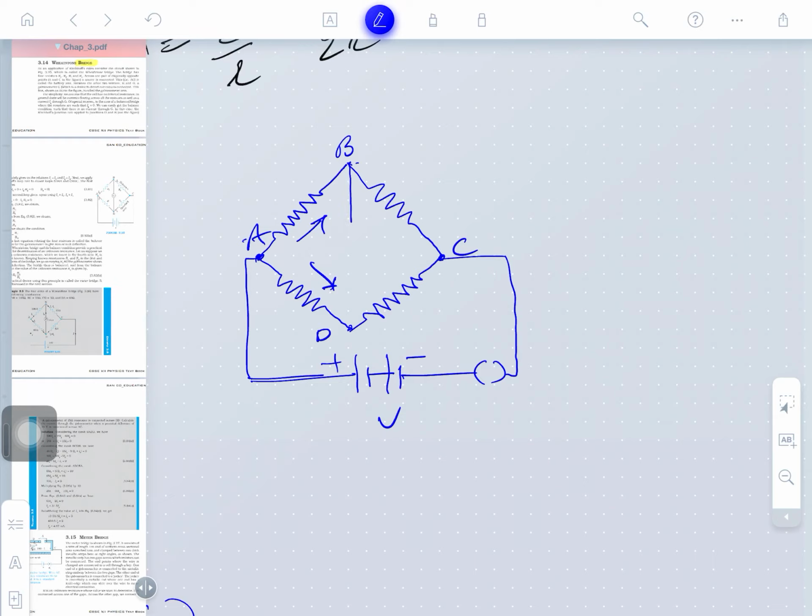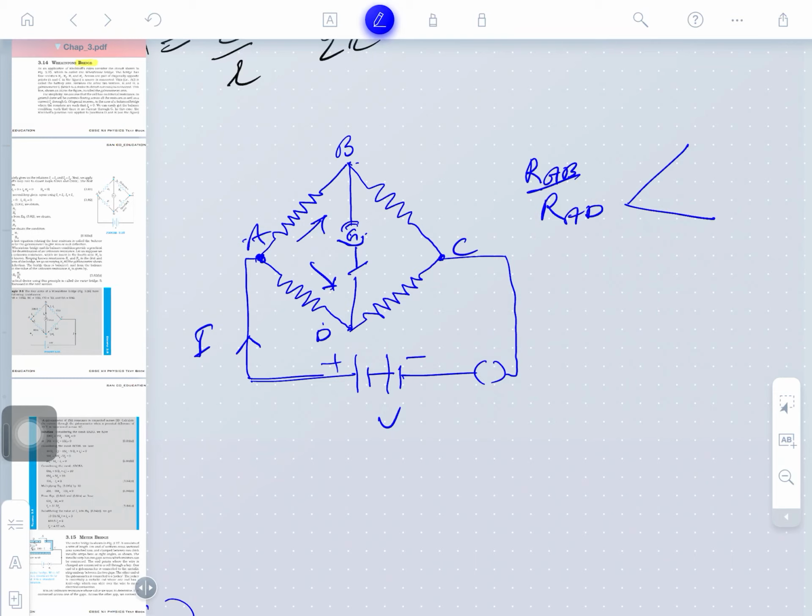It also depends on this. Along one diagonal, another resistance we can maintain here. Okay, and what will be here? We'll connect here a galvanometer to measure the current between them. Clear? And here is a key. Okay, the galvanometer is for current detection. So current I is drawn from the source, and at the junction it will divide into two parts. What about the resistance across AB and the resistance across AD, the two adjacent here, one here and one here.